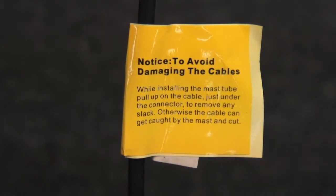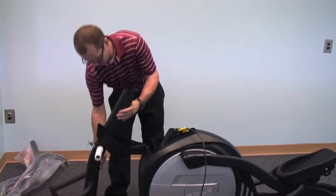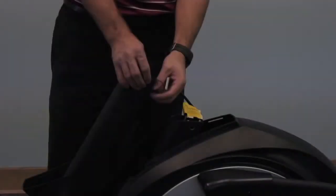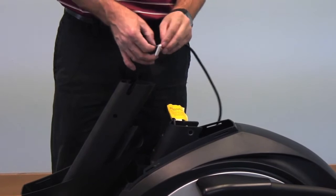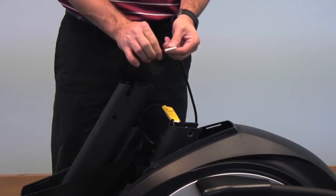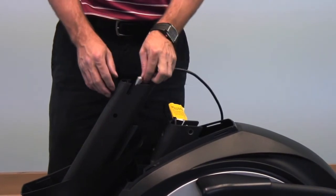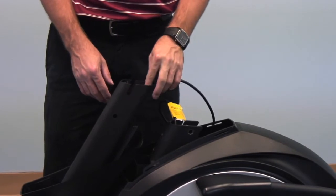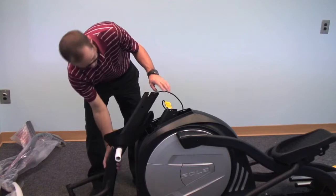Next thing we have to do is install the console mast. It's very important to remember to put the mast cover on the mast before you feed the wire, or you'll have to disassemble. The best thing to do is to slide that mast cover down the mast, and there should be a twist tie that is fed down the mast when you take it out of the box. Tie the end of that to your